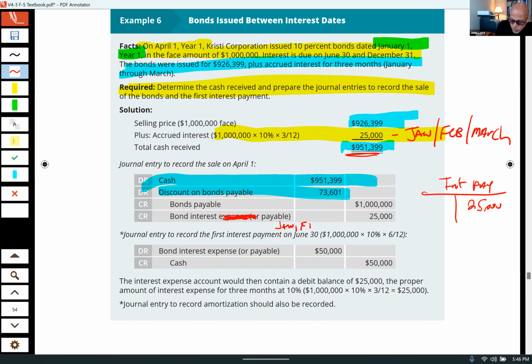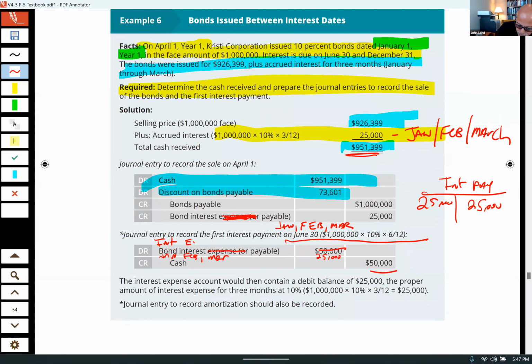For January, February, March. Okay. But now we go and it's June 30th. So on June 30th, debit the bond interest payable for 25,000. That closes that out. That's for the interest for what? Jan, Feb, March. Okay. And we're going to credit the cash always for the 50,000 and then debit